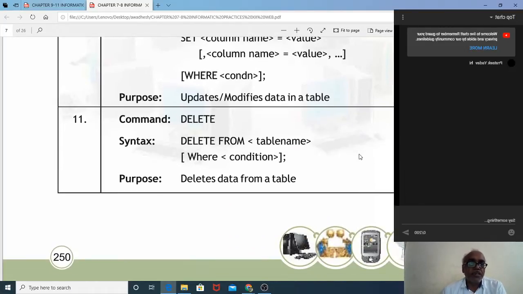Next we have DELETE. The DELETE command is used to delete particular rows. Clear? So that is what the WHERE condition will do. It is the only command where, between DELETE and FROM, no star and no field name comes. So DELETE and then FROM.